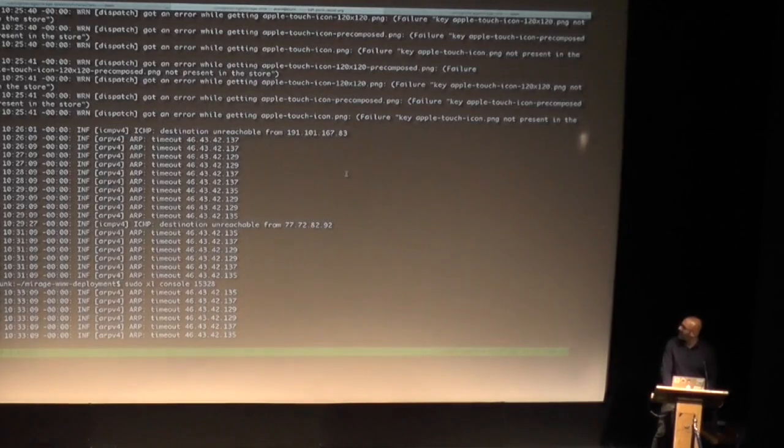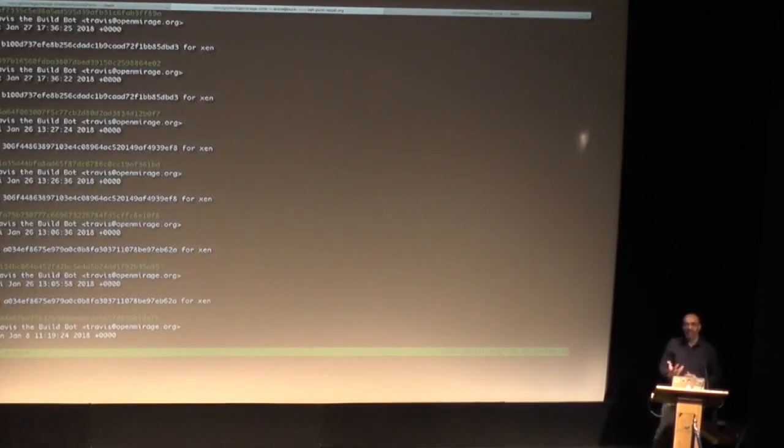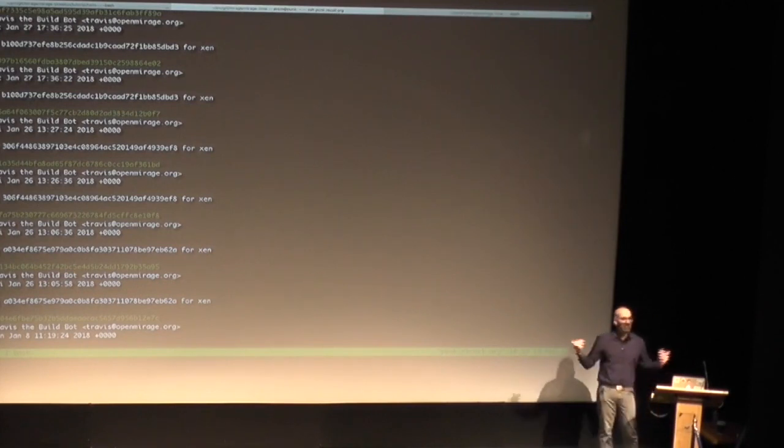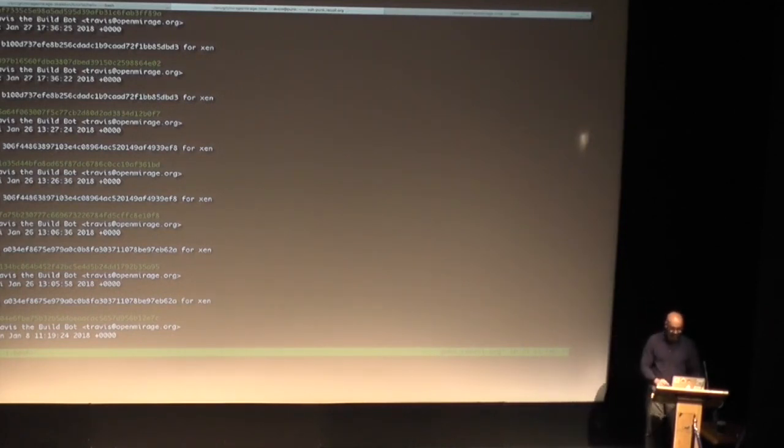Now, how big are these things? Well, why don't we just take a look? So if I look at this Git, how many of you have used Git in the past? Okay, all of you. This is Git log. So every time we make a change to the website, we thought, let's do a little bit of a stunt. Let's compile a new unikernel, but we'll optimize it like crazy. So even the web pages are compiled into the unikernel and optimized. So it doesn't have any notion of dynamicity at all. It's all being built. And then all the images, compile them in, and then run it through something called Travis, which is an open source continuous integration system, and check the binaries into Git as well.